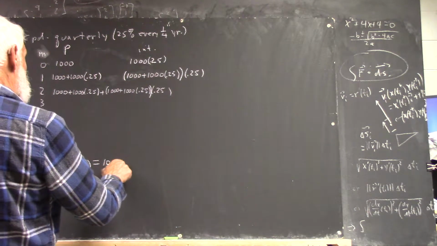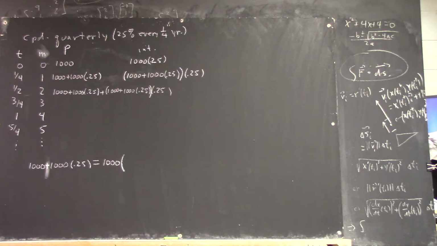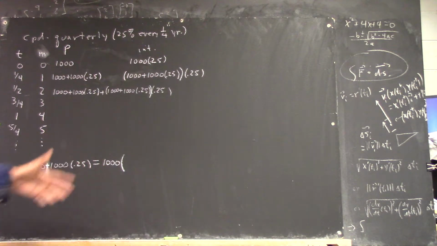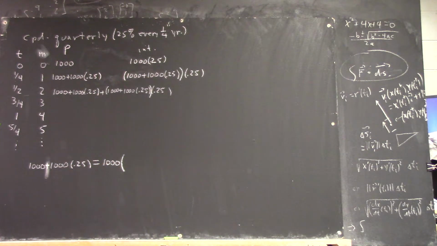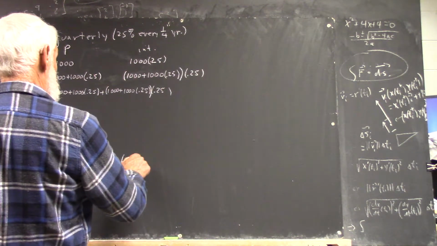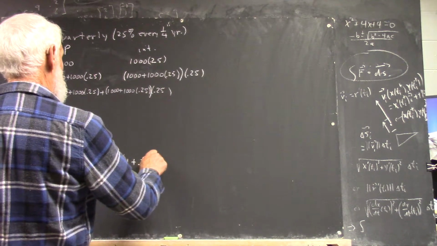You're probably not familiar with it because usually when you factor a monomial, it's a symbol. You've got symbols, but here it's all numbers. Anyhow, so what do we get over here? 1,000 times what? 1 plus 0.25, right? The distributive law tells you clearly that these two things are equal.